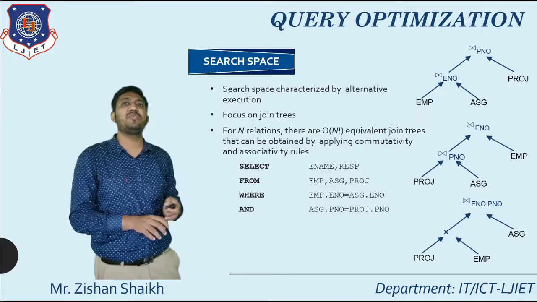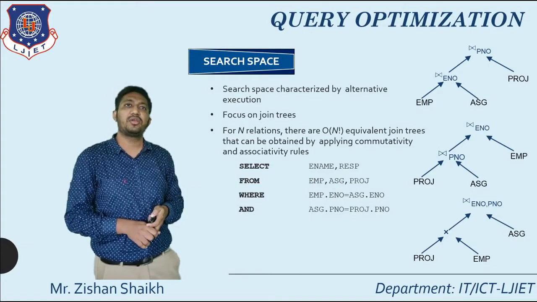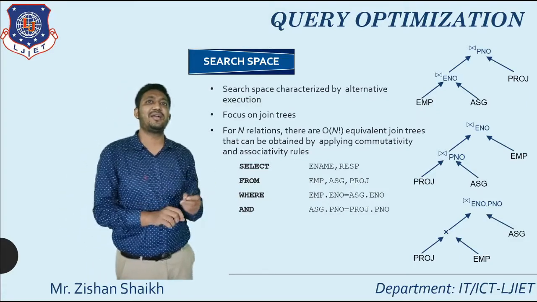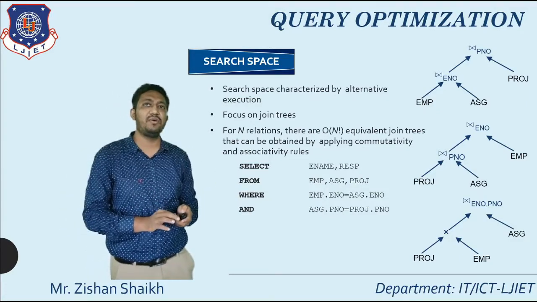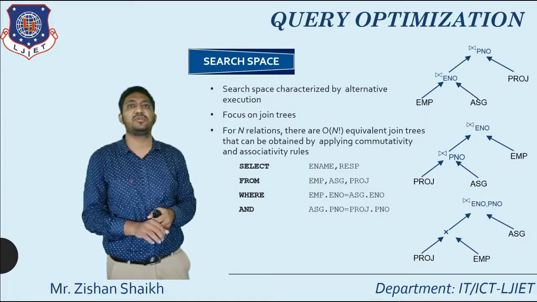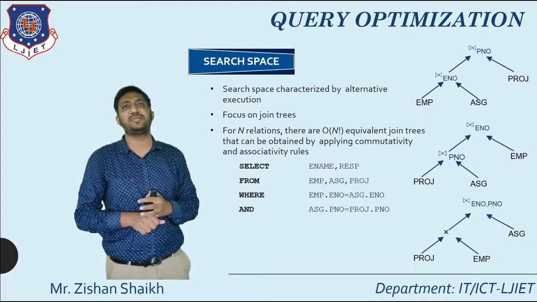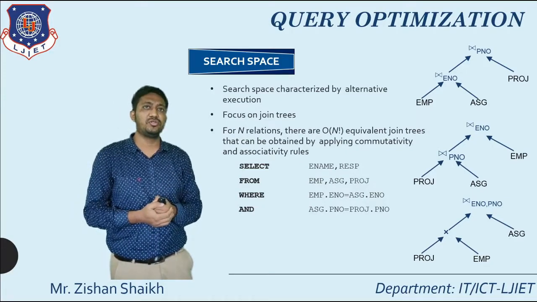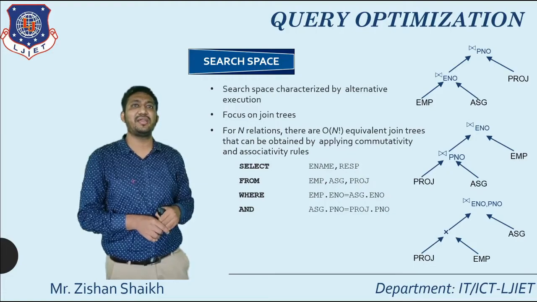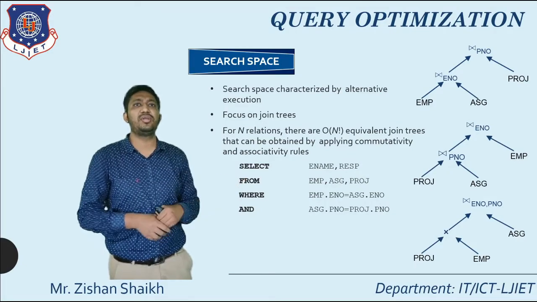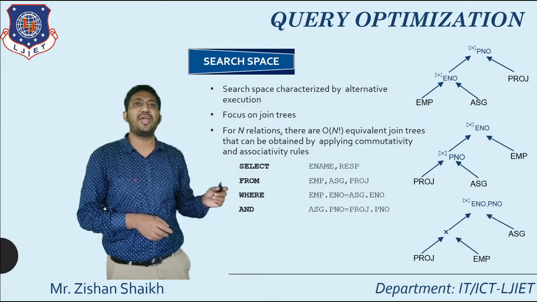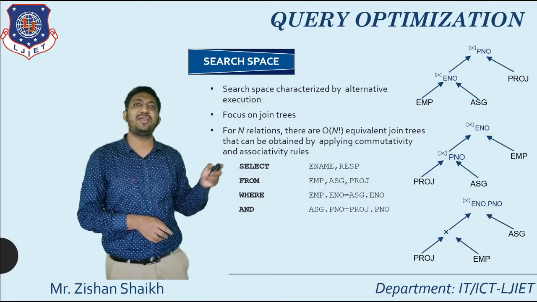So which one will be useful? That will be a question here. But in this step, we can understand that search space will help our query processor to generate number of alternatives. So how many alternatives will be generated here? That is the big question. If our relations are n in total, then according to this algorithm, we can find that the time complexity is O of n factorial. So it will be on a very high side.